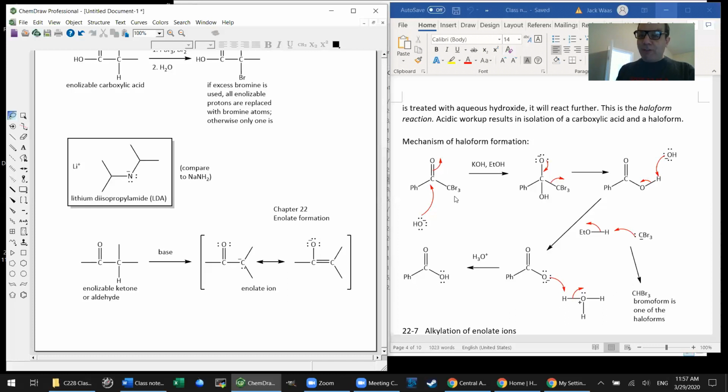Again, this is special for the trihalomethyl ketones that come from the halogenation of methyl ketones. And again, these do not have to be bromines. Those could just as easily have been chlorines or iodines. And this reaction is known as the haloform reaction because a haloform is one of the products of the reaction. But in any case, if you have a trihalomethyl ketone of this type, this will react with the hydroxide ion